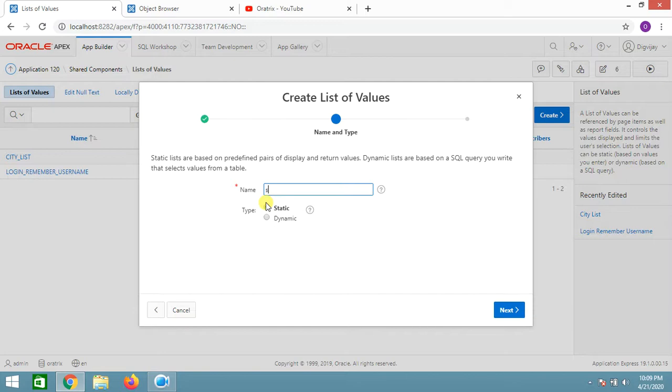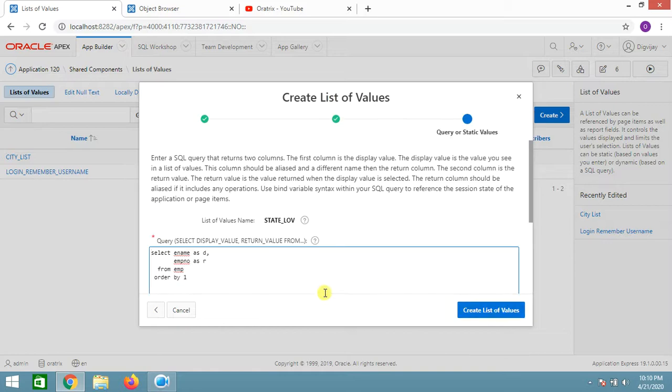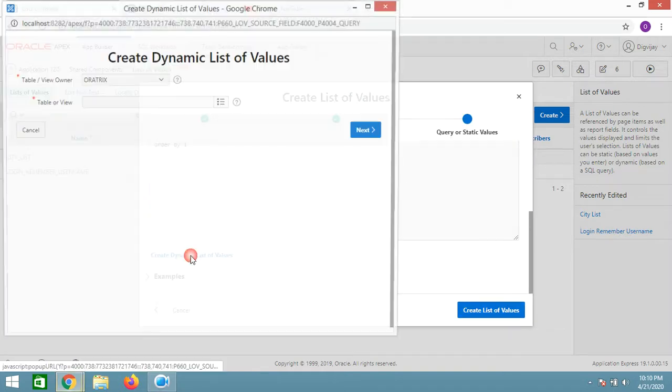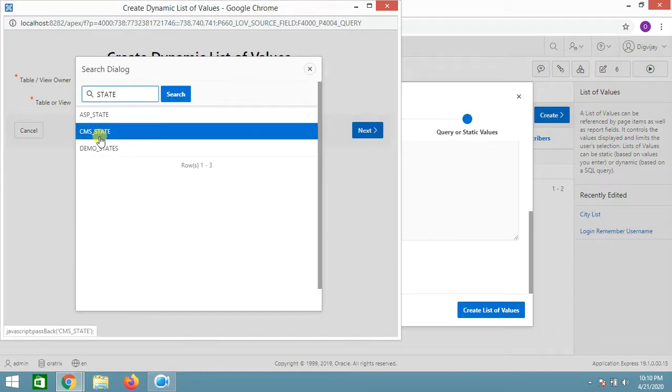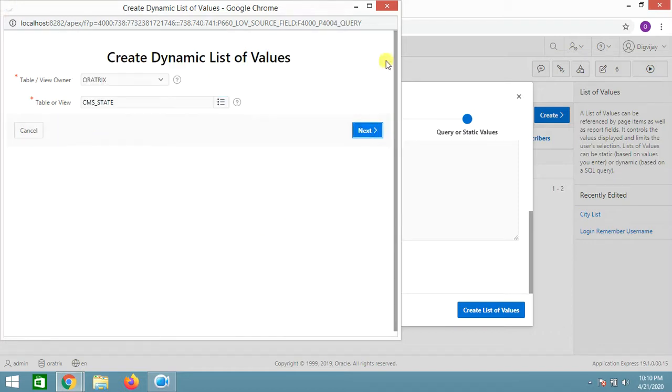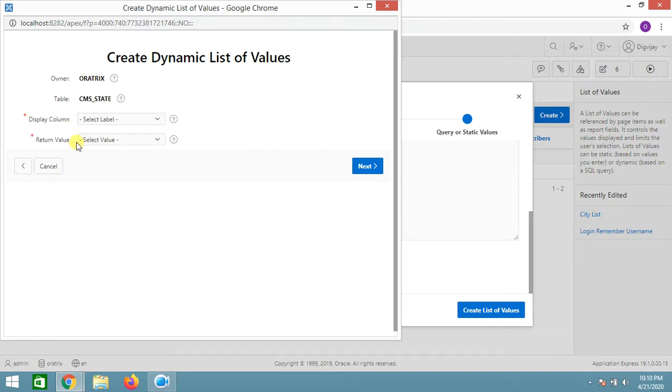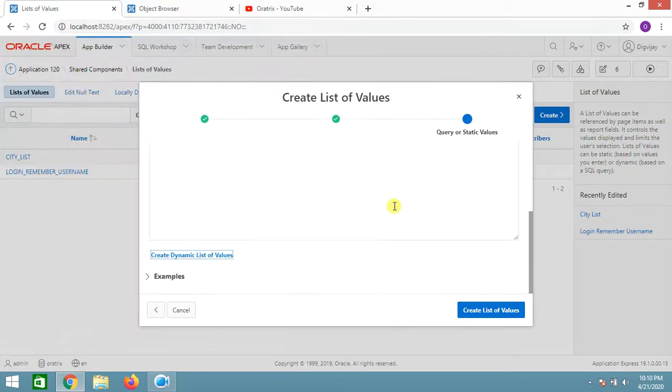Name would be state underscore LOV. It's going to be dynamic because we want it table based. You can click on this one. Table name would be cms underscore state. Click on next. In this I want the display column as state and the return column as state ID, right? Next and finish.